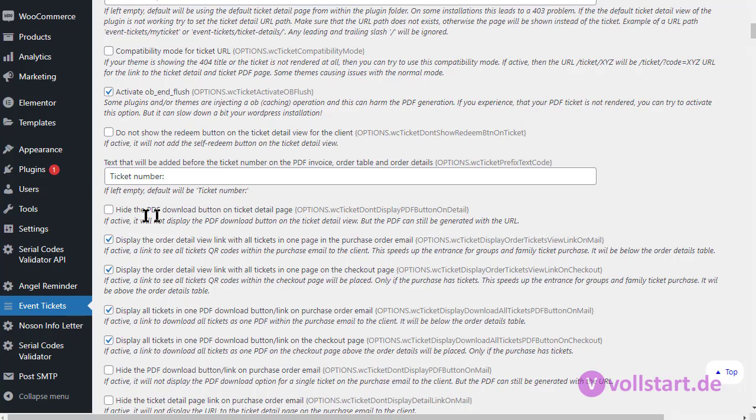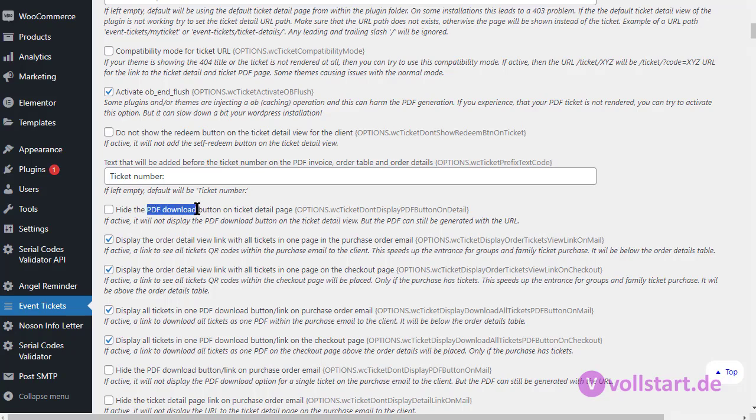Up to you. Typically, it makes sense that people have a safety feeling if they can download the PDF in addition to the email, in addition to the QR code you might attach to the purchase order, so they have a feeling that they are safe. They have something, a paperwork or so. They can print this out, bring it to you. It doesn't matter. There's a QR code you can scan. But if you do not want to have this, you can hide this.